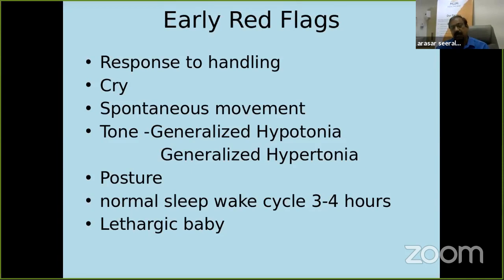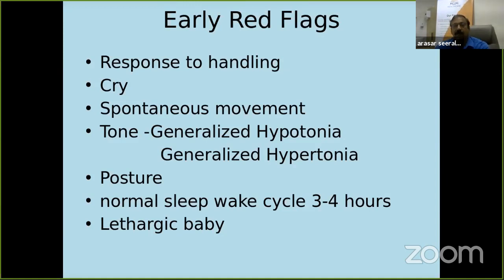Most times we have scheduled feeding in the nursery and no day-night ambience in the nursery, and it becomes very difficult to observe for this, but one needs to carefully look at the sleep-wake cycles, because if a sleep-wake cycle in a baby is absent, it indicates an abnormal or deviant behavior. And a baby that is lethargic at the time of discharge, not showing much activity, is also an